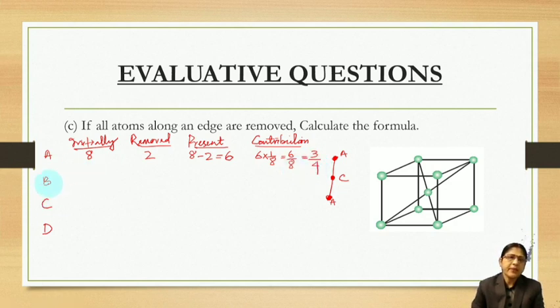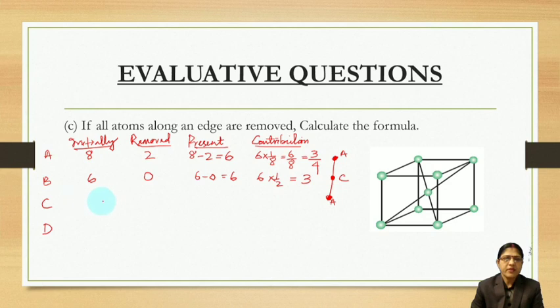Right. Then B is face center. So face center, if you just see, is there any face center atoms? Only an edge's atoms are removed, so there is no face center atom to be removed. So all initially present 6, removed 0. Present how many? 6 minus 0. All face centers are present and their contribution, face center 1 by 2, that is 2 3s are 6, 3.